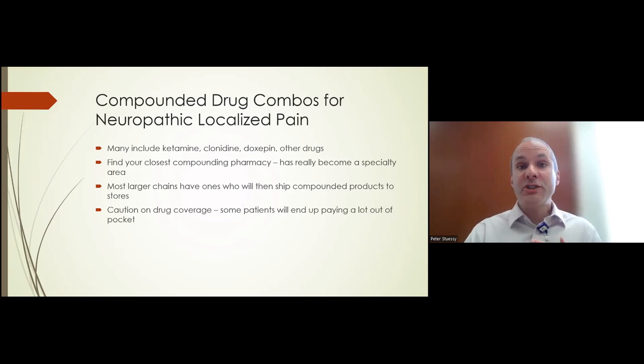All right, I got a question about compounded drug combos for neuropathic localized pain. A particular patient was a vulvar cancer patient who was receiving a mixture of ketamine, clonidine, and something. There was another compound in there, and I apologize, I forgot exactly what was in there. But these are used in quite a few different neuropathic pain syndromes now. And there is some literature to support these compounded products. A lot of them have ketamine, clonidine, and